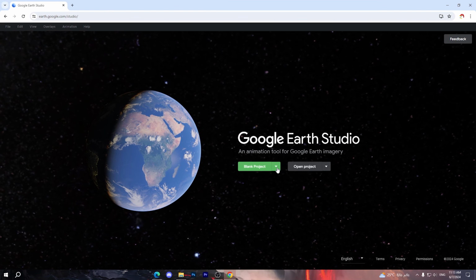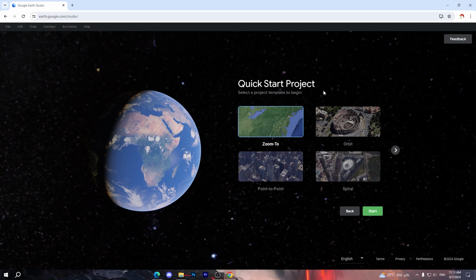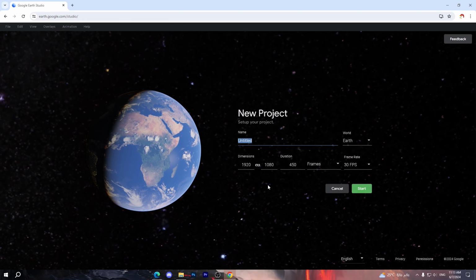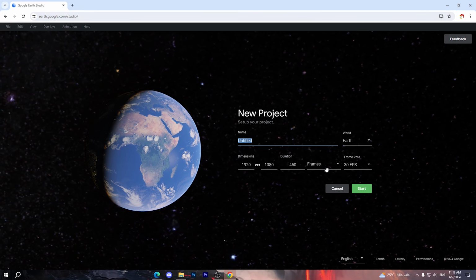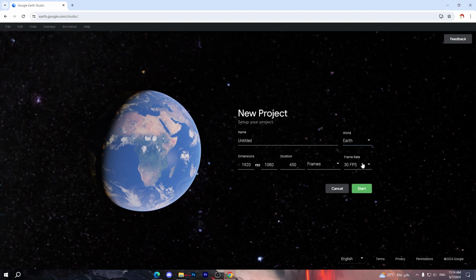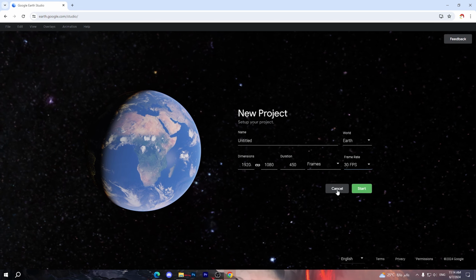And now let's start. First, click on this arrow right here and choose Quick Start. This is going to make the project very simple, and you can also go back and click on blank project and name it as you want and choose the dimensions, duration, frames and the world. You can even make the same scenes on the moon or Mars. You can also change the frame rate per second, but I don't want to make a blank project,